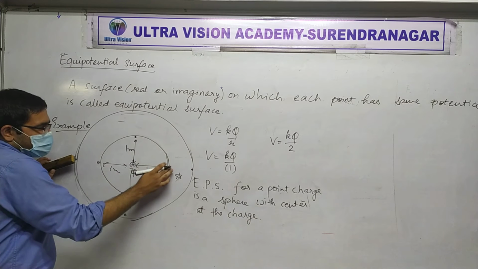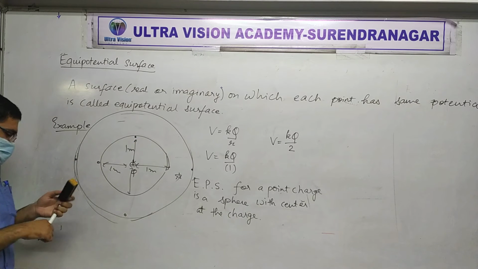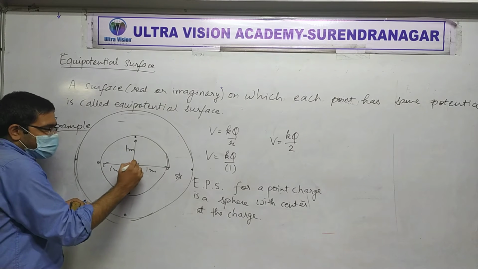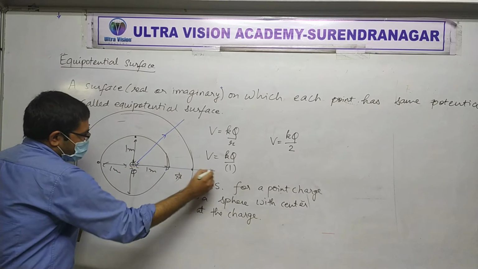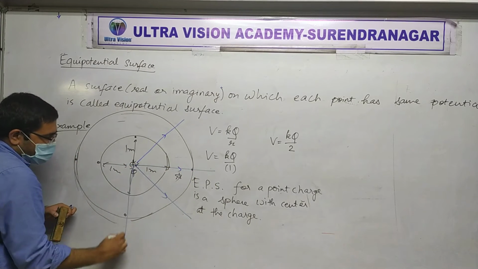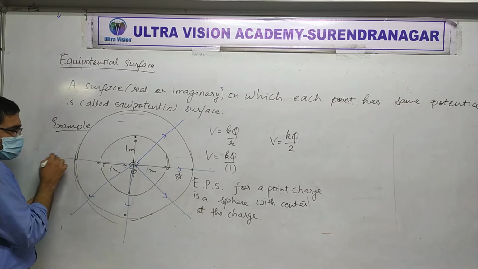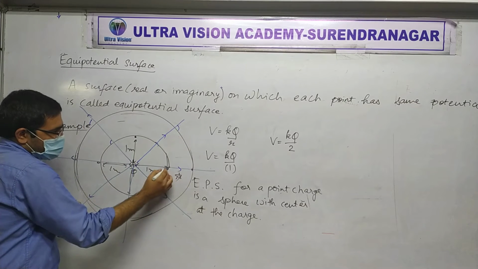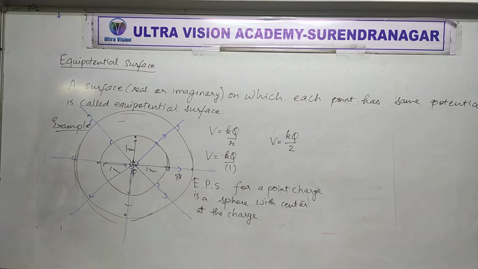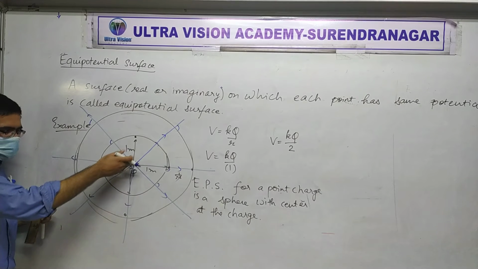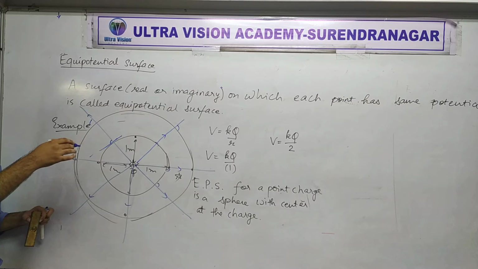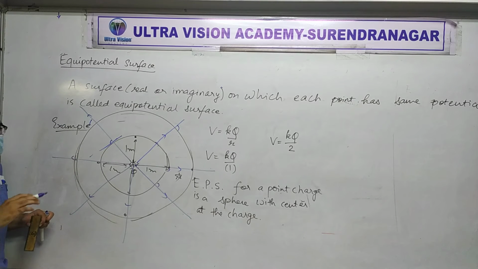So, do you realize that if this is an equipotential surface here, what are the electric field lines of this point charge? They will come out from the charge radially, yes or no? Yes. In all directions. So can you tell me what is the angle here, here, here, here, here, here? They are all 90, yes or no? Yes. Because in a sphere, if you draw a radius, then that radius will always be perpendicular to the tangent. Yes or no? Yes. So this is another very useful lesson.